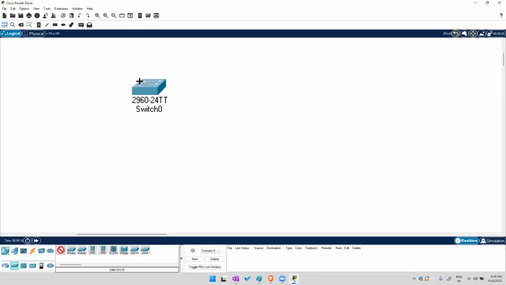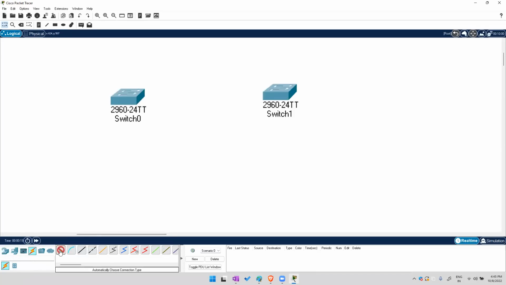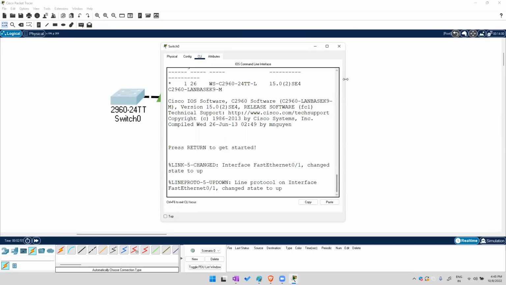So I'm using layer 2 switch 1, 2. And now cross verify whether this thing is good or not. Click on fast forward and now go to this switch. Go to CLI